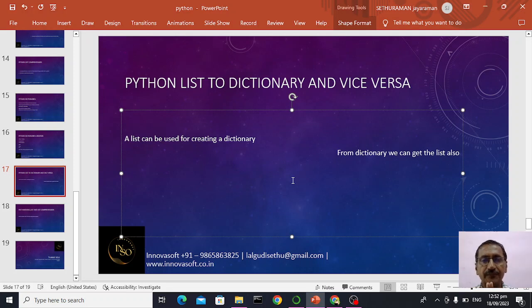That's the first point. Then of course, we can have more values. For example, I have areas also. Every city has an area. Now I want to associate every city name with a combination of pin code and the area. So how can I do all these things? Which will be quite interesting. Fine, so let me just get into my